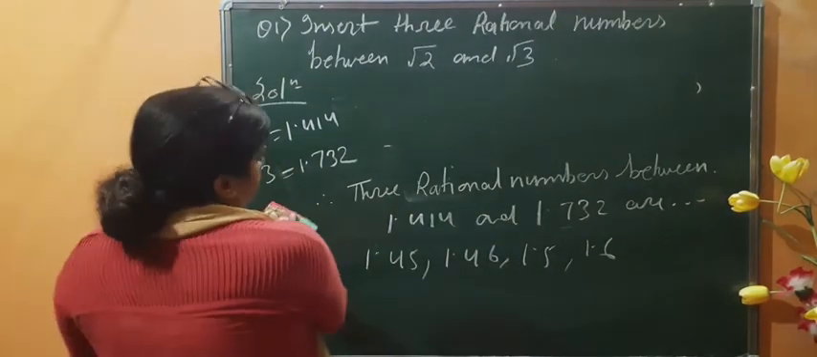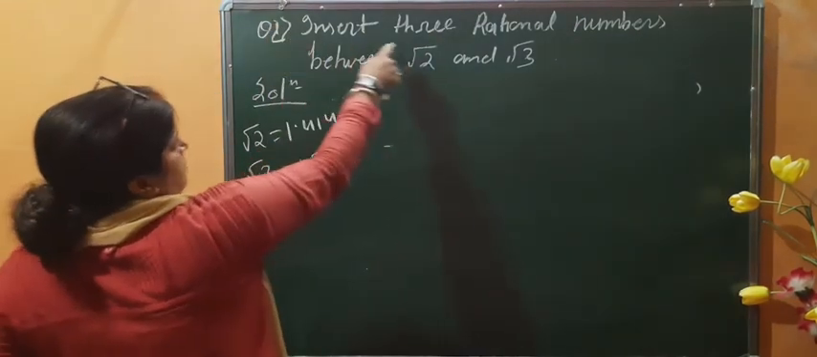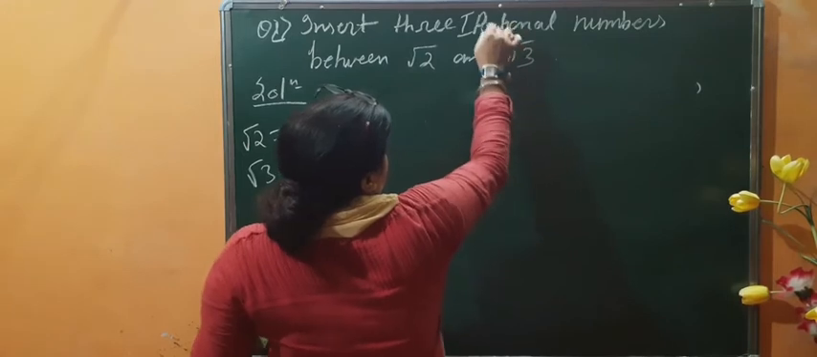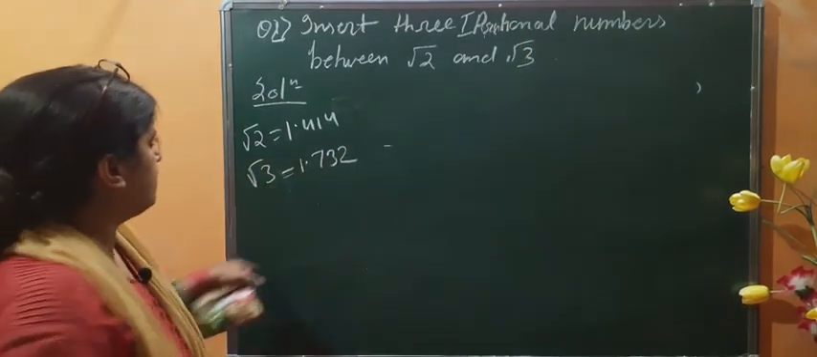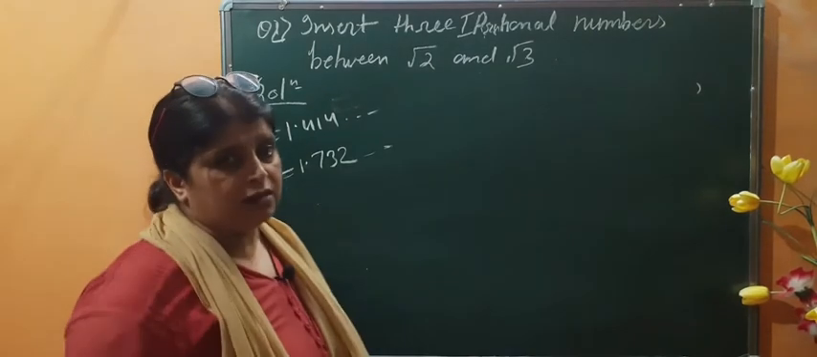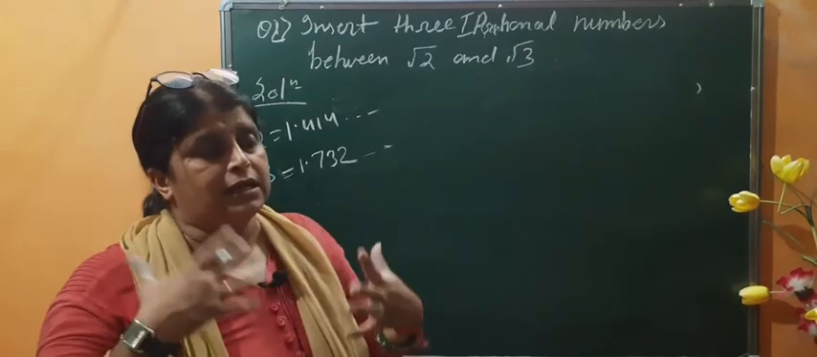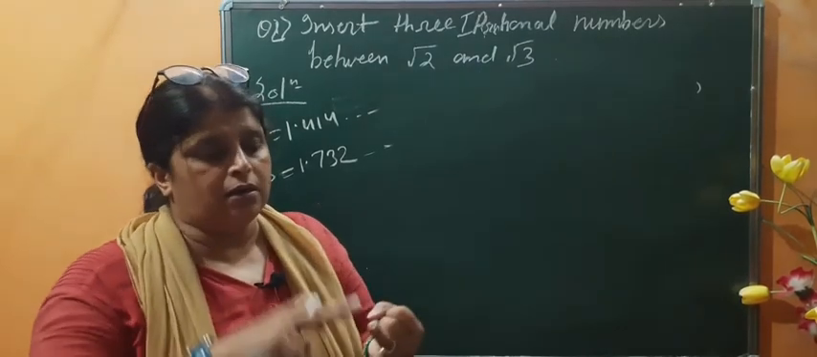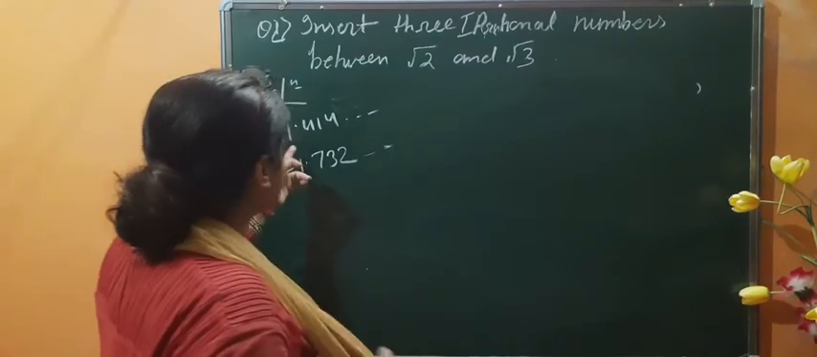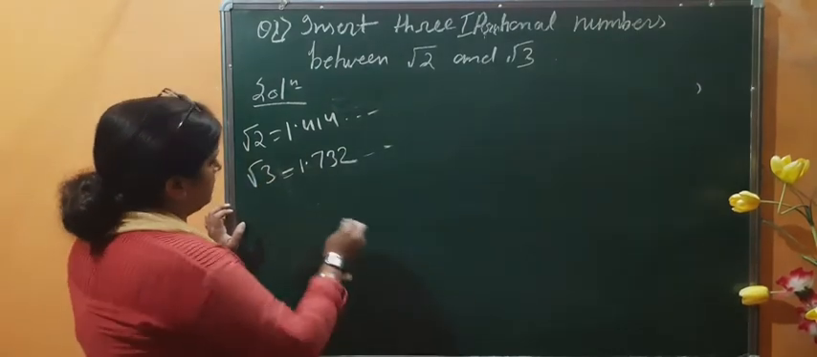Now the second type, our second question was to insert 3 irrational numbers. Now I have this number, and I have to insert irrational numbers between root 2 and root 3, and my teacher has given me the hint that non-terminating, non-recurring decimal numbers are irrational numbers. So I will choose those numbers which are non-terminating and non-recurring. So what I will do,